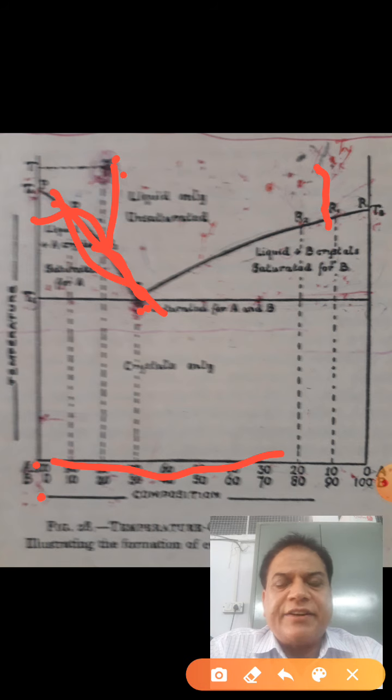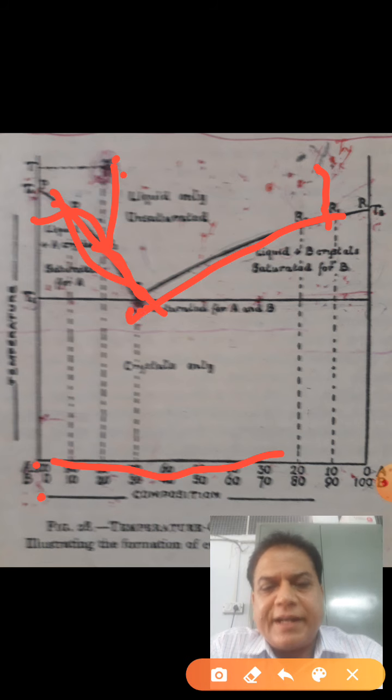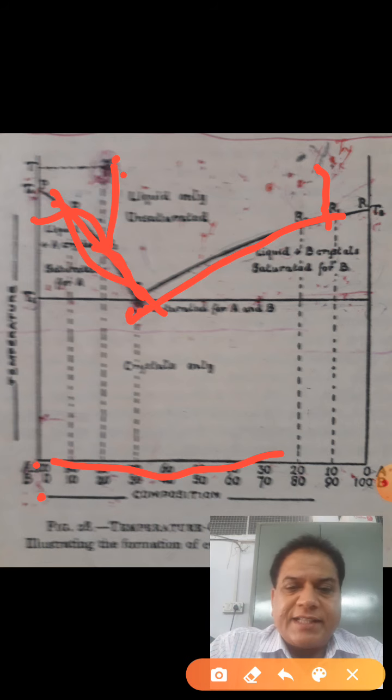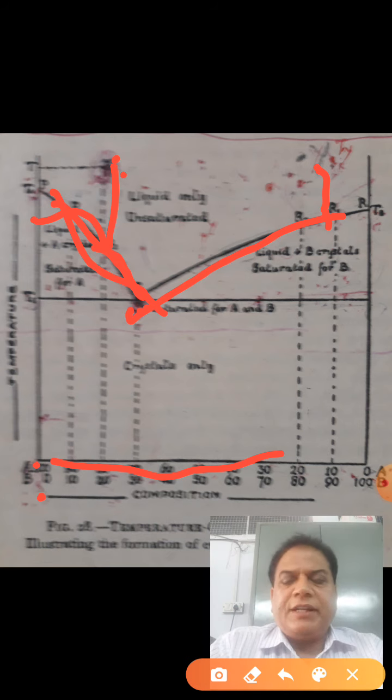The liquid gets enriched in A, and with further lowering of temperature it will follow this path, and ultimately it will reach point E, that is the eutectic crystallization. Means in the end, the last drop of the liquid will have the same composition as the crystals of A and B. That is eutectic crystallization, meaning there will be simultaneous crystallization of A